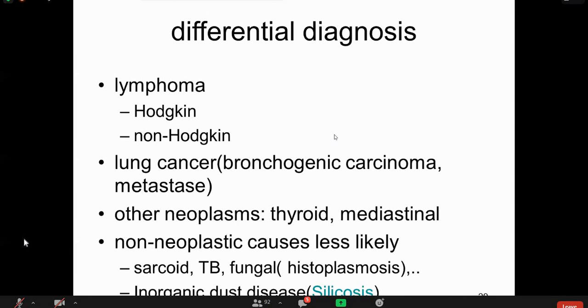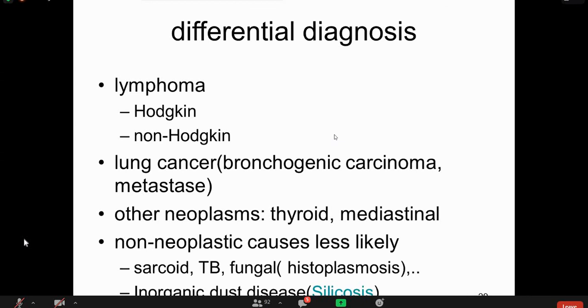Bronchogenic carcinoma. This patient can have secondary lung metastasis, mediastinal lymphadenopathy as a result of metastasis from some other part, like breast, like colon. It can be some other neoplasm. Thyroid, the structures present in the mediastinum are of utmost importance if you are getting a mediastinal lymphadenopathy, and the thyroid tops the list among them. So look for the thyroid of the patient clinically. And then there are non-neoplastic causes like sarcoidosis, tuberculosis. All the fungal infections are going to give lymphadenopathy.